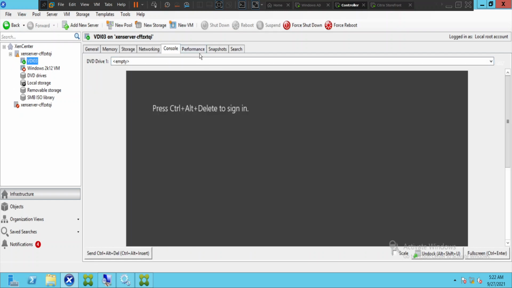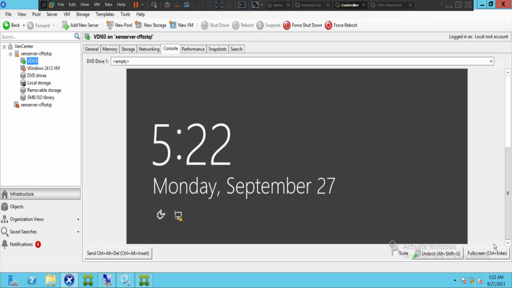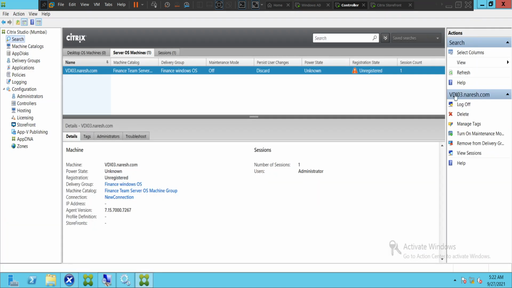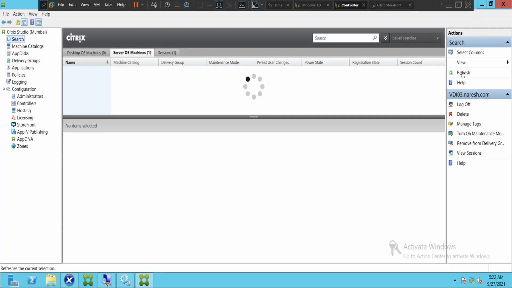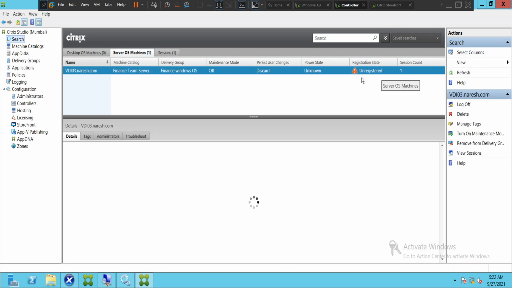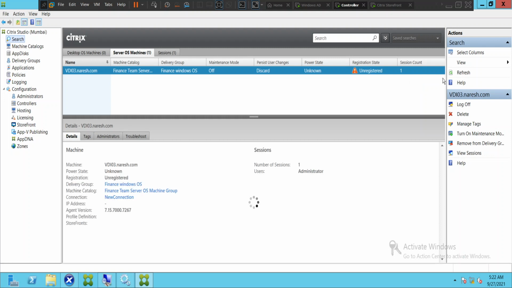Okay, seems like the machine is up. When you are sure that the machine is up, what you can do now is simply go back to Citrix Studio and try to refresh and see how it goes. Okay, I'm refreshing it. Now the registration status should change to something. Oh, it's still unregistered.